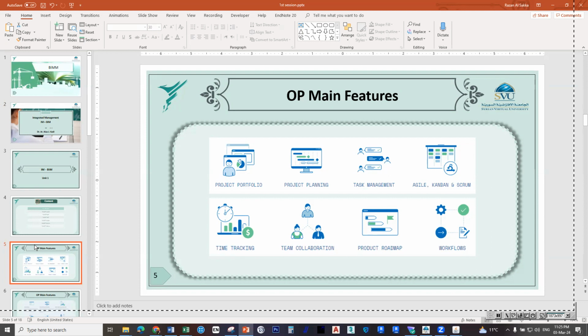So the roadmap also, if you have a project that produces products, you can design holistically and strategically what the main phases of the project are and what milestones you want to achieve. All this holistic or strategic planning you will have very clearly in the product roadmap. And finally, the workflow and what the main sessions and main phases of the project are,